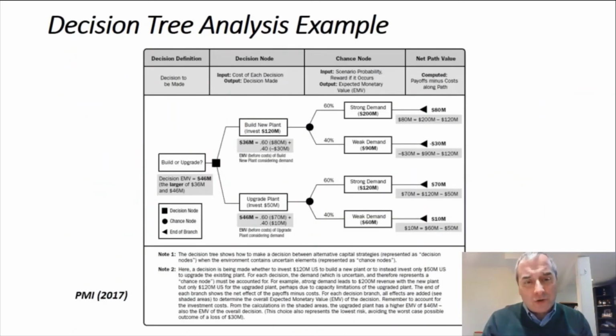And here's a decision tree analysis example. Each step of the way, we are assessing a decision node and we are applying the potential costs. These are the probabilities of it occurring. We have the inputs and outputs, by the way, as well. And then we have the different estimated monetary values here. And you would choose the one that has the highest value.